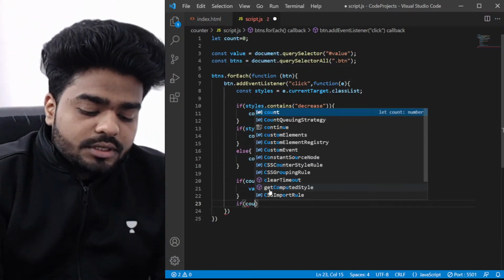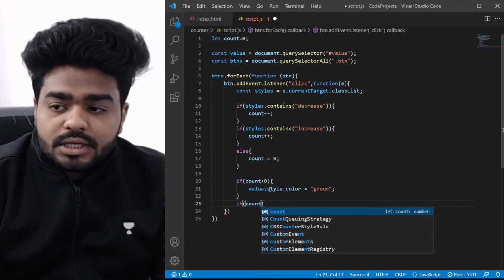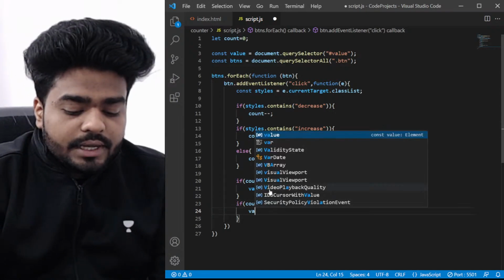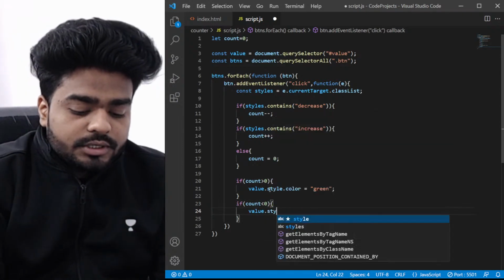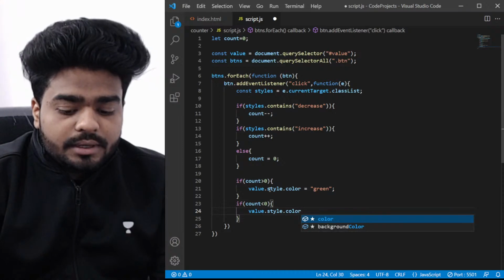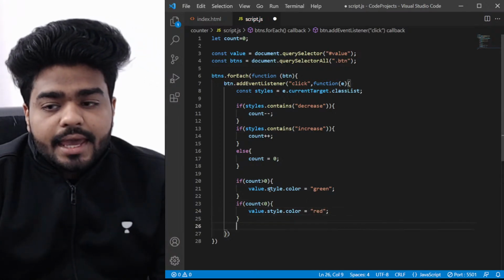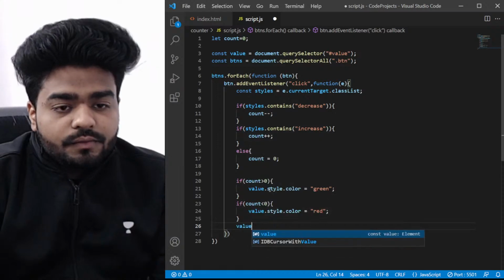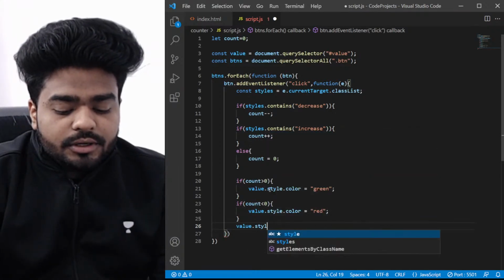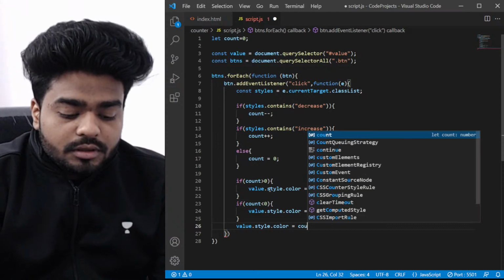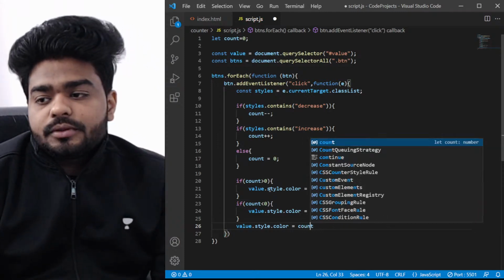If the count is less than 0, then value dot style dot color will be red, and otherwise value dot style dot color will be